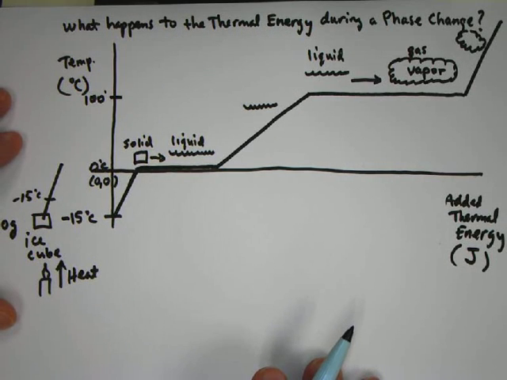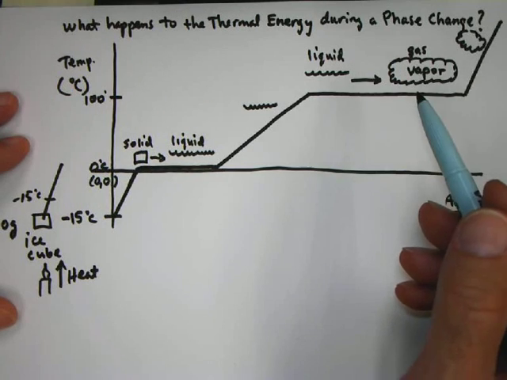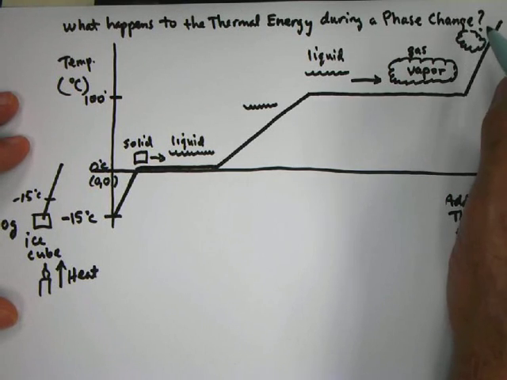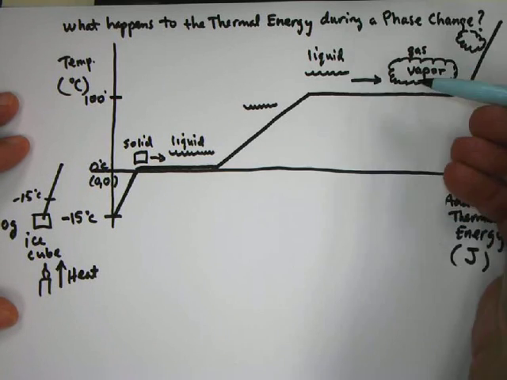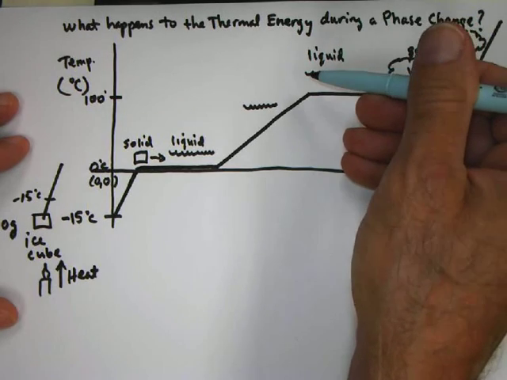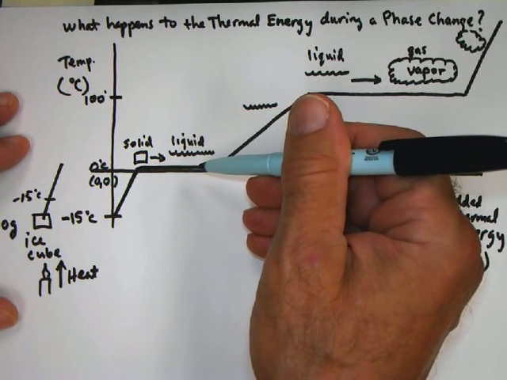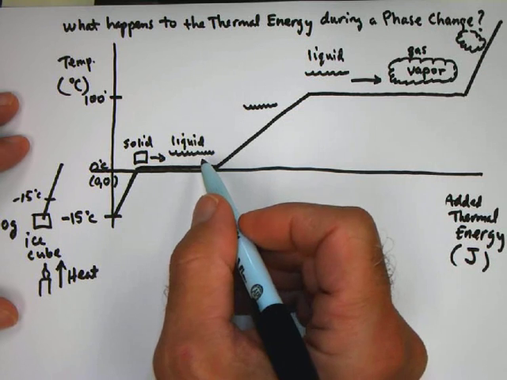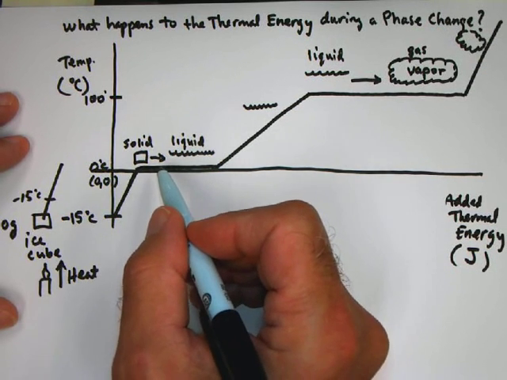Now if we go the other way, let's say we had 10 grams of water vapor and cooled it off, put it in the freezer or whatever, that water vapor would then convert to liquid water. The liquid water would then cool down to 0 degrees. The liquid water would then give up more heat to the freezer, and it would convert to ice at 0